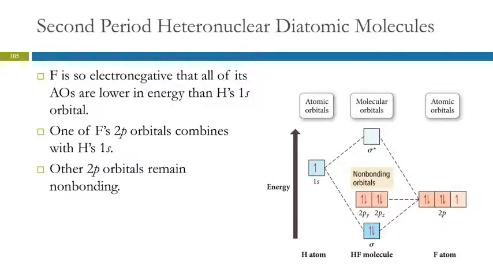Some really funny things happen with fluorine. Remember, fluorine is the most electronegative element. So if we try to look at HF, a hydrogen atom and a fluorine atom, fluorine is so electronegative that all of its orbitals are lower in energy than hydrogen's 1s atomic orbital. This is really weird. So we're not even looking at the s orbitals when we combine and make molecular orbitals here. We've got the s overlapping with p orbitals, and so we're going to get 4 orbitals here, and this is going to have a